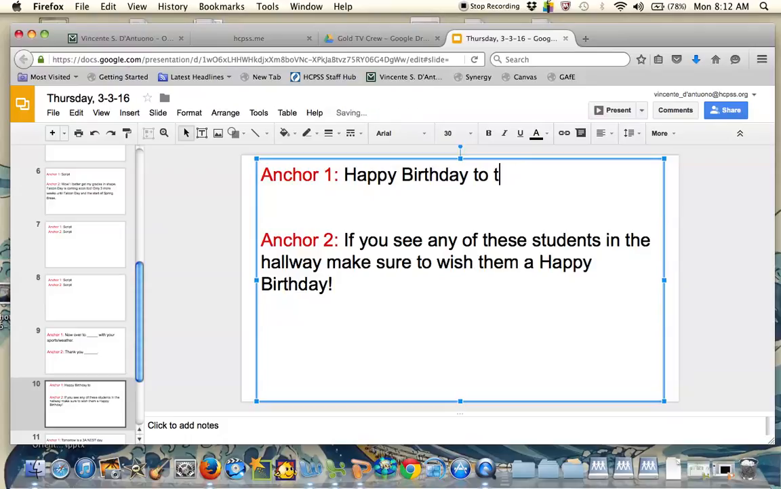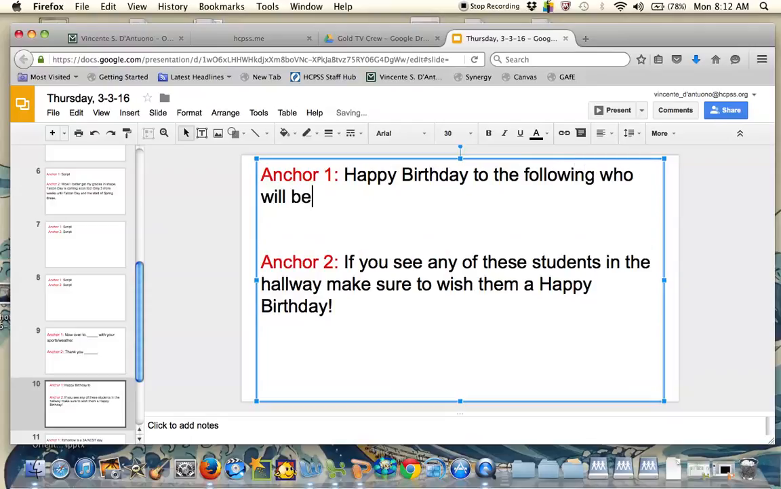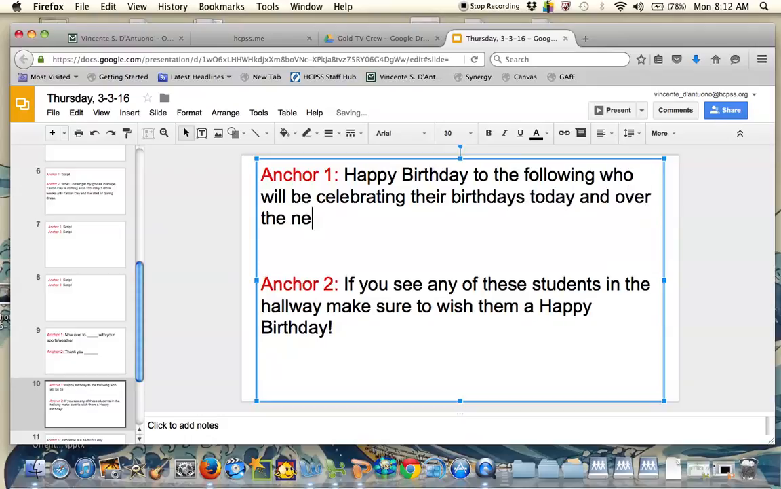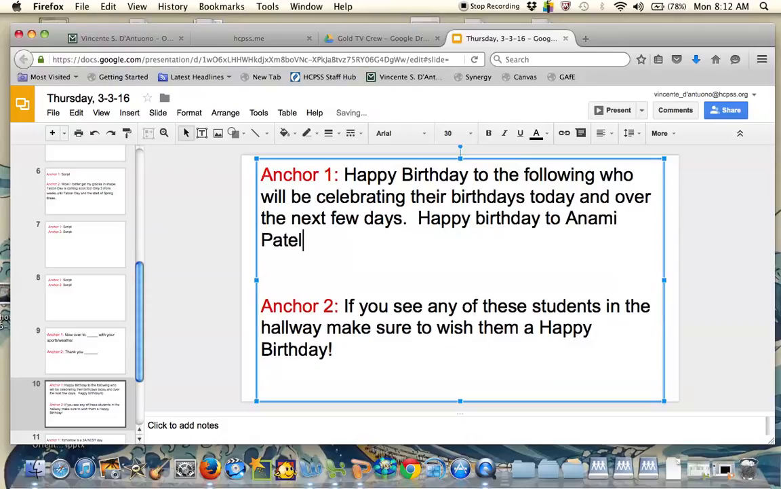Happy birthday to the following students who will be celebrating their birthdays today and over the next few days. Okay, happy birthday to, and we start with Anami Patel, Tyler,